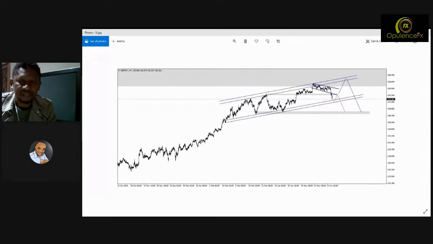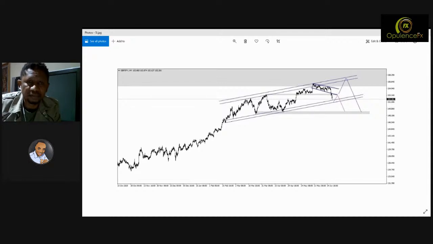What do you think? It can either go and make another high, or it has broken? It has already made the triple top, yes, that looks like a triple top. And what I'm also seeing is that this chart has actually broken the bullish pattern that could have lifted it up as well. Yes, that's the worry there.